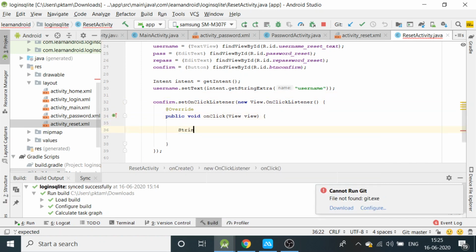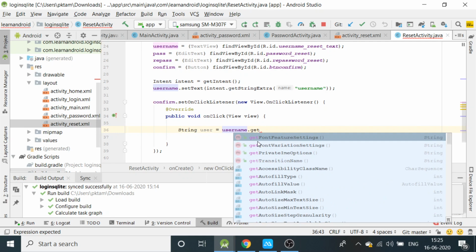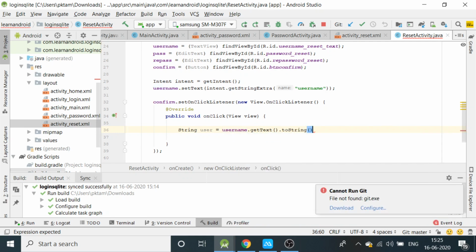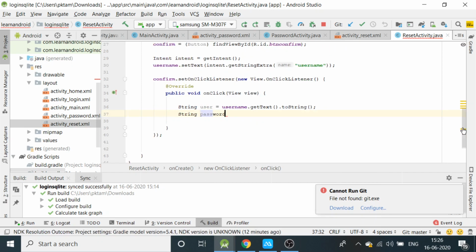Now under the confirm setOnClickListener button, we will store our variables into strings. So String user equal to username.getText().toString(). Then String password is equal to pass.getText().toString().